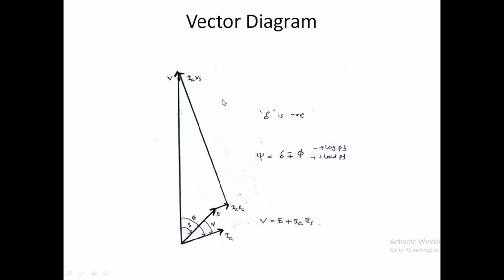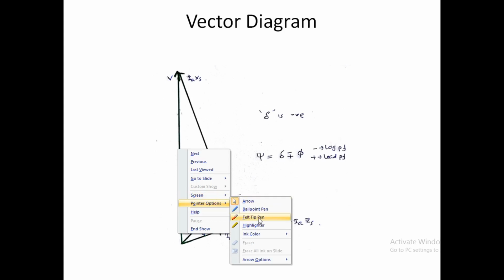we can see the main difference between a generator and a motor is that in a motor we are giving a voltage, or we are supplying an electrical input. So a voltage is coming first and an EMF is developed later. But in case of a generator, when the mechanical input is given, an EMF is developed first, the generated EMF, then the voltage is developed across the load. So E is coming first and then V. But in case of a motor, first V is coming and then E.